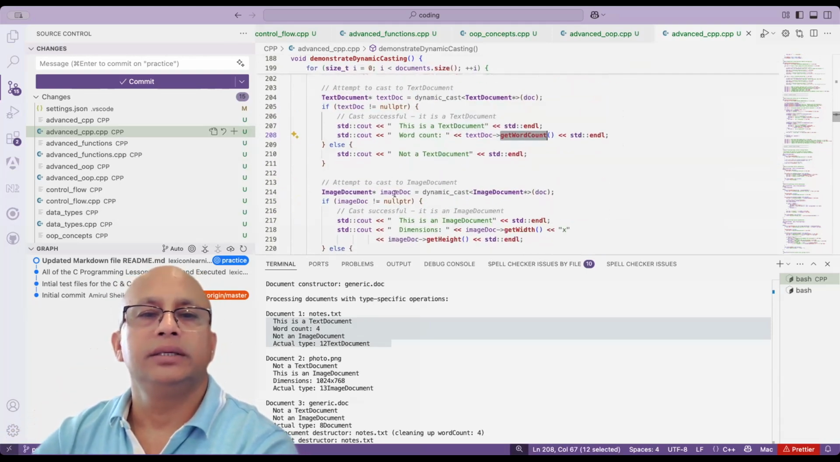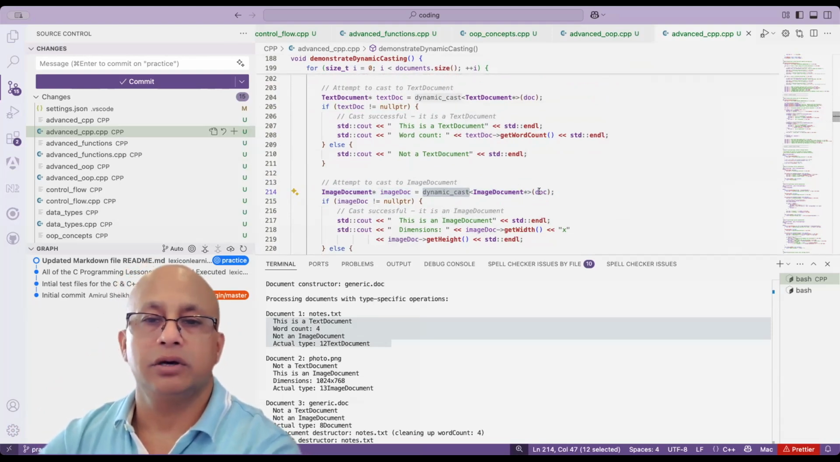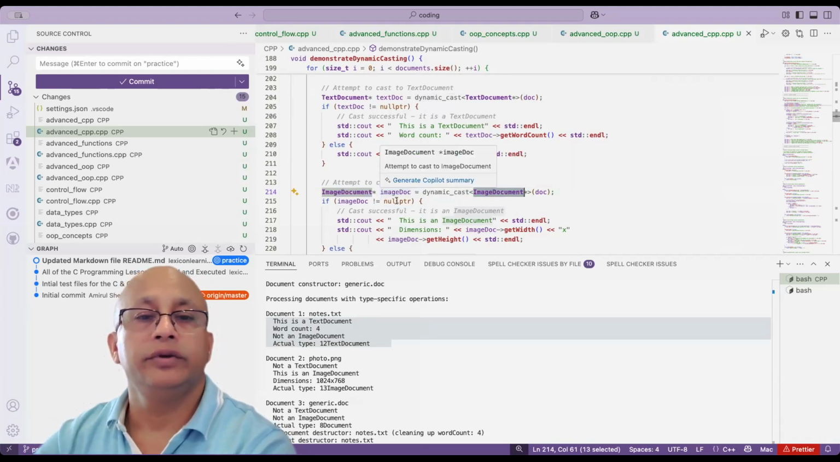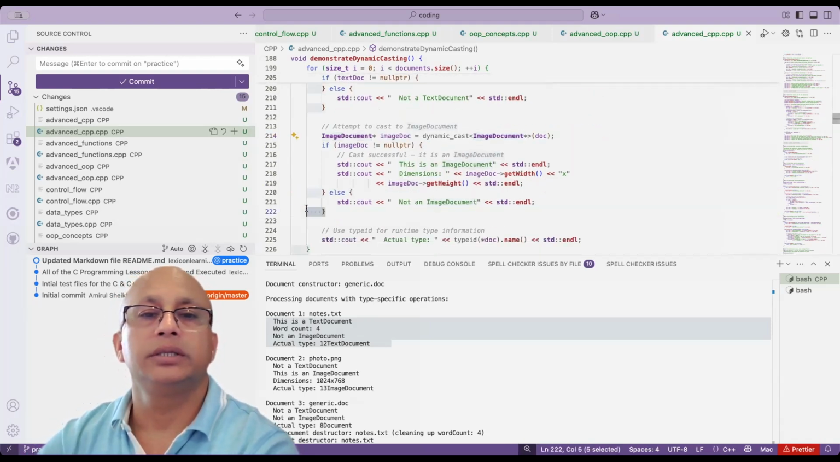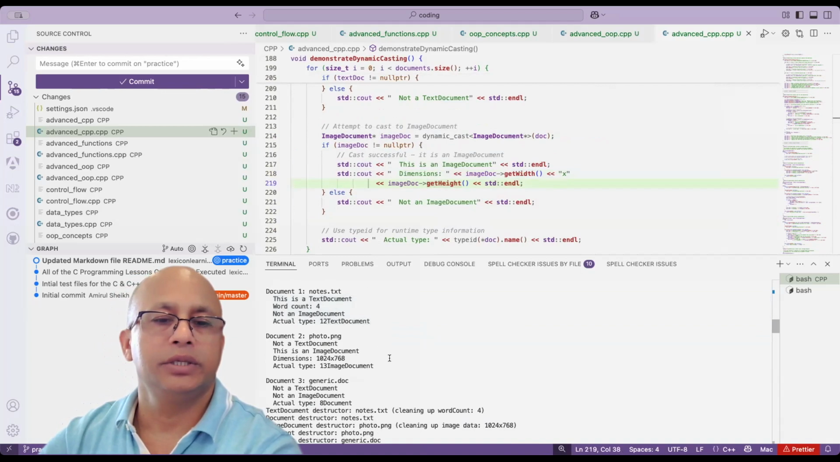And similarly, if that pointer is of image document type, this will be successful. The dynamic cast will be successful if that is of the type of that object. So this is called downcasting. If it is not, then it will be in the else part, not an image document. Otherwise, image height and width will be displayed. Here is that image height and it displays dimensions,